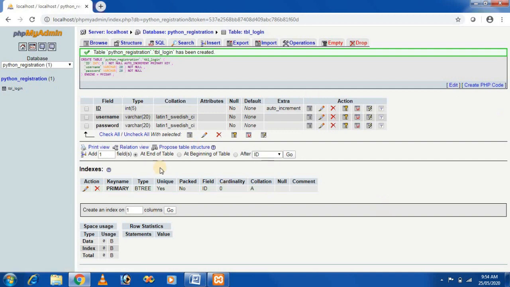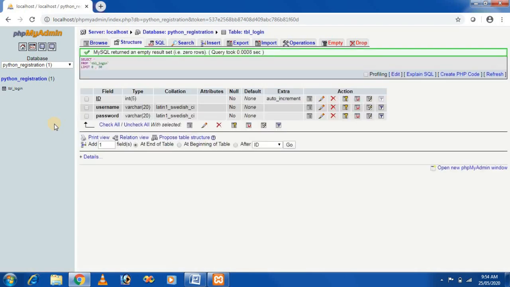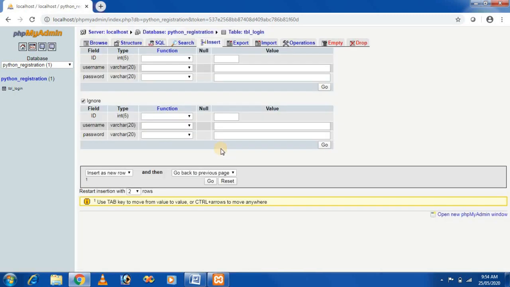So in the registration database, there is a table called table login. So this is our table login. If you want to add default data into a table, then click on table login, then click on Insert. Add the default data: the user ID, that is ID, should be 5.